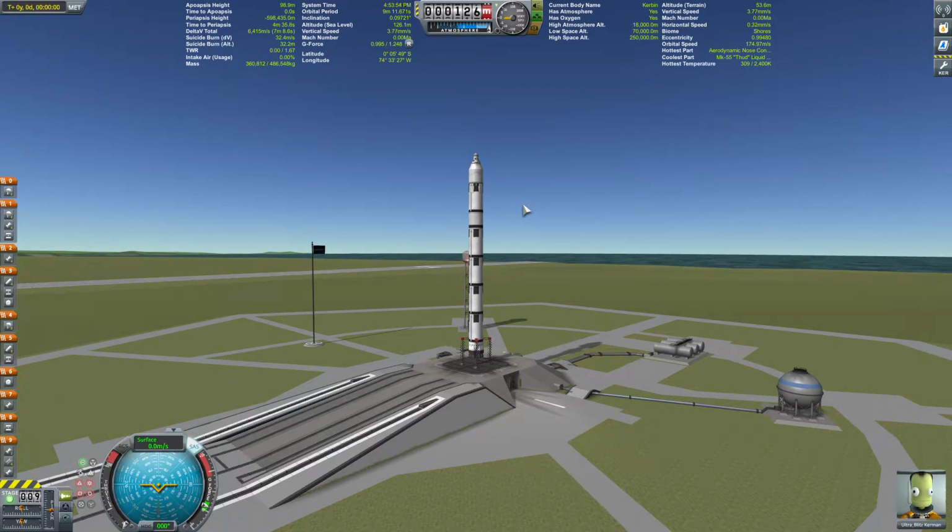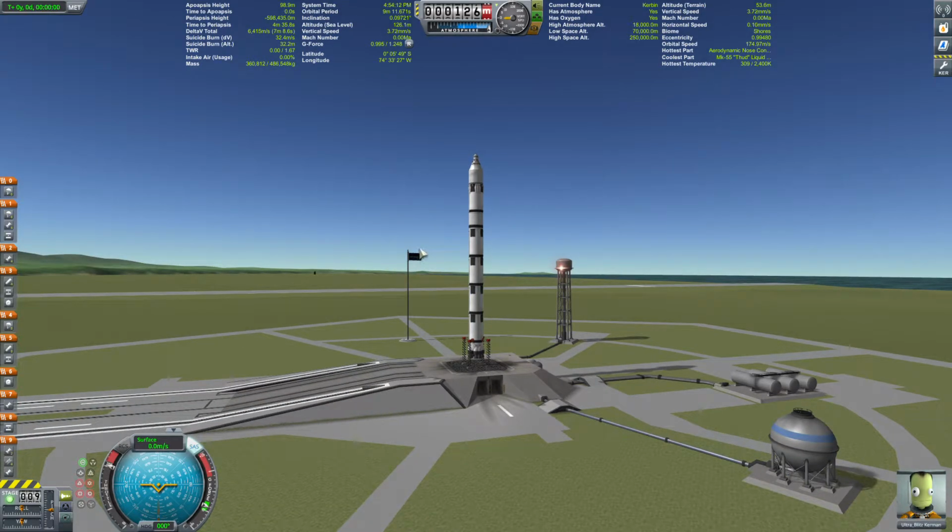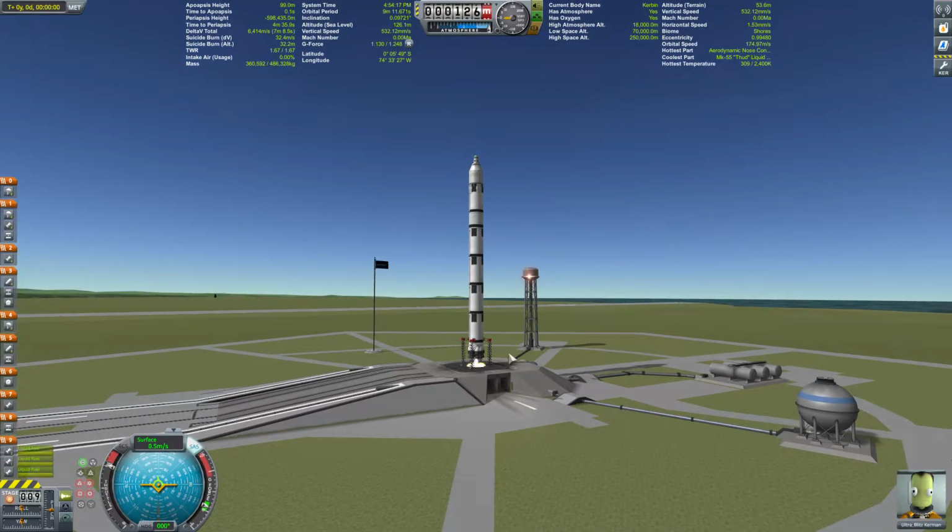What you're going to do is have your rocket spawn on the launch pad, like this, and you're going to want your thrust to weight ratio to be higher than 1. There's really no way to tell. You just have to assume, I guess. Anyways, you press Z or press Shift to throttle the thing up like this. And you want it at 100 unless you want it a little bit lower depending on how powerful your rocket is. And then you'll press the space bar and launch your rocket.